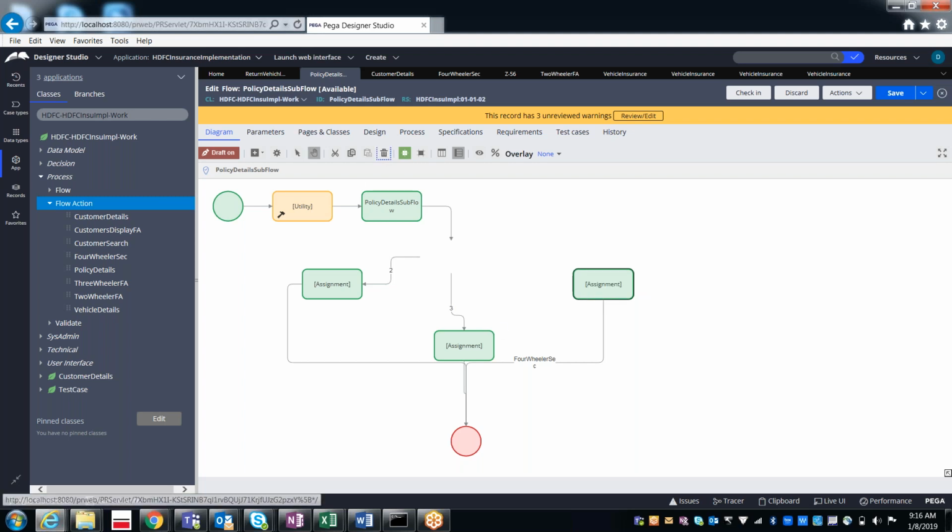And we need not have this many flow actions either. We will be referring to only one flow action.